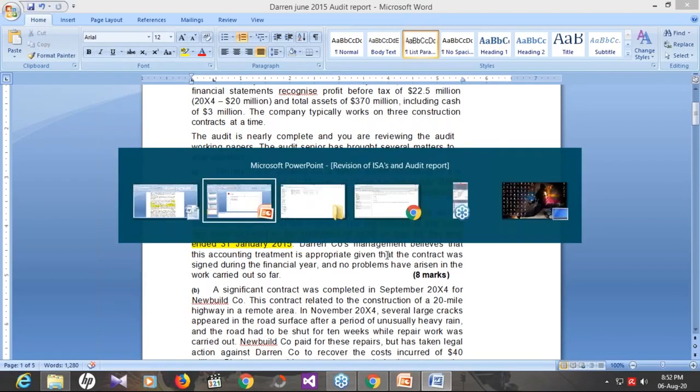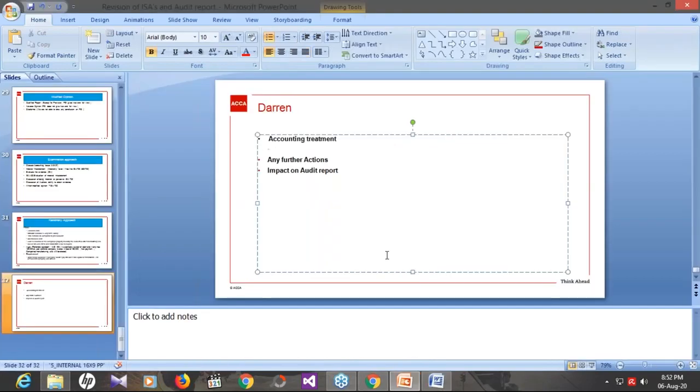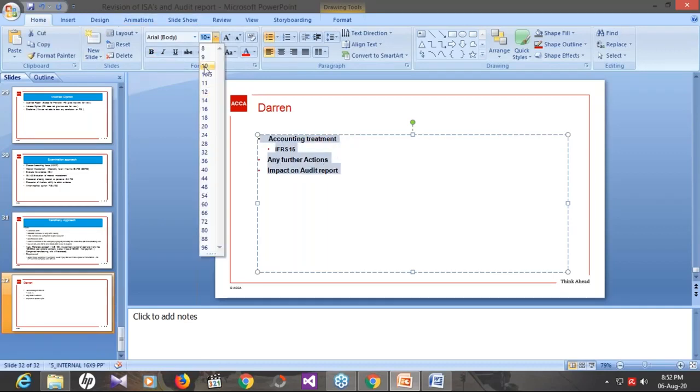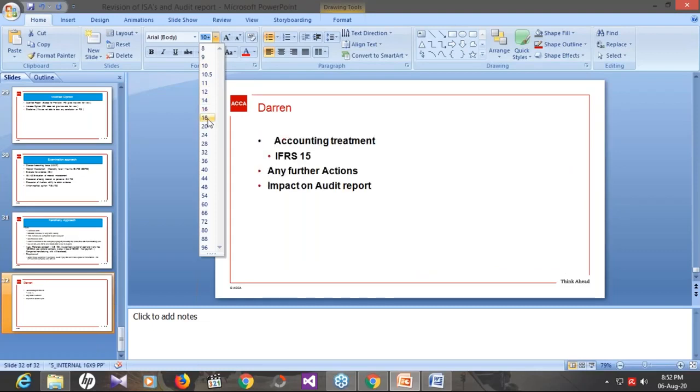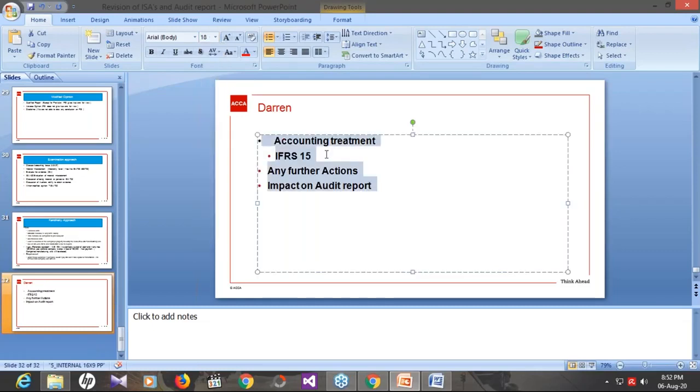So if we go back to our slide, that's how we are going to confirm that. What is the accounting treatment? First of all, you need to discuss IFRS 15. Under the accounting treatment head, first of all, you should discuss whether it is a misstatement or not. So the purpose of accounting treatment discussion is basically